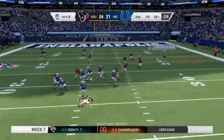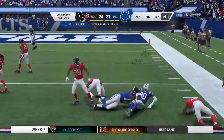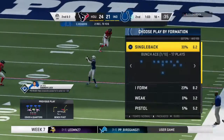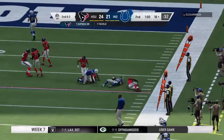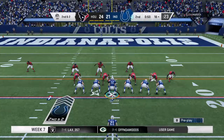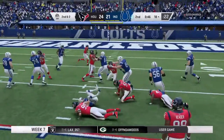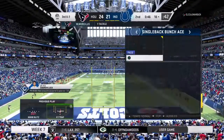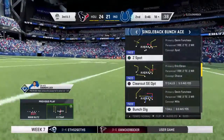After the interception, it's Luck. Throwing the out route incomplete. That's Rodgers. And the result here, a pickup of 8. Leaves him with 2 to go on second down. Facing a 2nd and 2 after that last catch, good for 8 yards. This is Hines. Trying to run inside, but nothing there. Now the Texans will burn the first of their timeouts as the clock stops here with 46 seconds remaining in